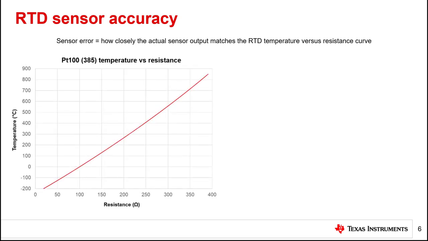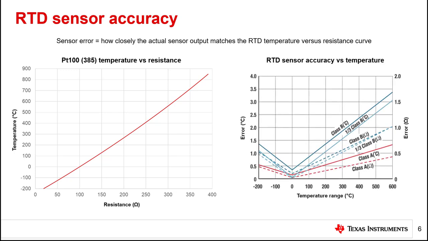For example, a PT100 resistance versus temperature curve is shown on the left. As noted previously, this curve is derived from a lookup table or calculated using a polynomial, and is intended to represent the expected response of a PT100 RTD. A real RTD, however, is a physical sensor that has manufacturing tolerances and other minor defects. Therefore, the output response is not perfect.